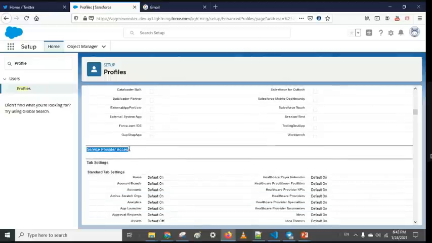After that, we have service provider access. By default it is showing nothing, but where is it actually used? I have discussed Salesforce single sign-on with you. In Salesforce single sign-on, one org can be the identity provider and one org will be the service provider.